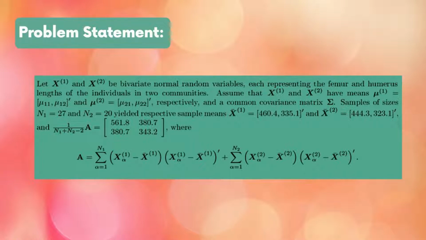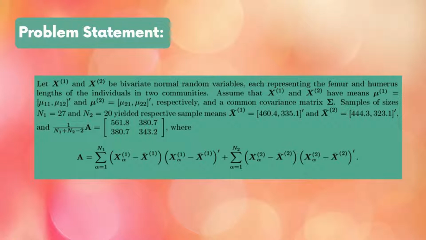Assume that X1 and X2 have means mu1 equal to (mu11, mu12)' and mu2 equal to (mu21, mu22)' respectively, and a common covariance matrix sigma. Samples of sizes n1 equal to 27 and n2 equal to 20 yielded respective sample means x̄1 equal to (460.4, 335.1)' and x̄2 equal to (444.3,